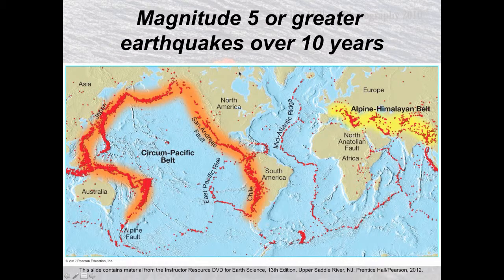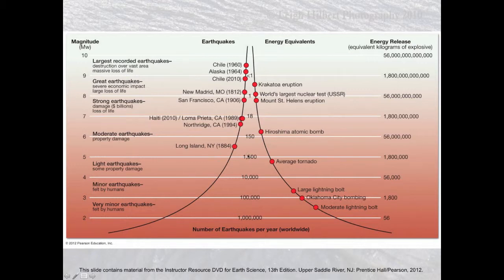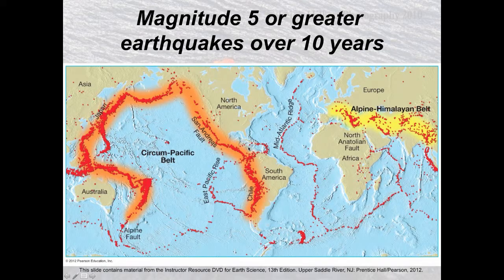This graphic shows where you see the majority of magnitude 5, that is large earthquakes, over a period of 10 years. Remember, magnitude 5 quakes don't really occur very often, somewhere between 1,000 and 100 per year. So looking at them over a 10-year average is quite illuminating. What do you notice about the location of these earthquakes? Does it look like any map you've seen before?